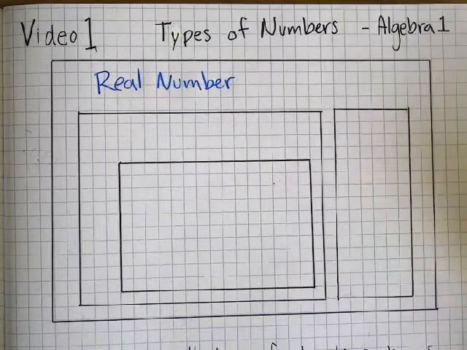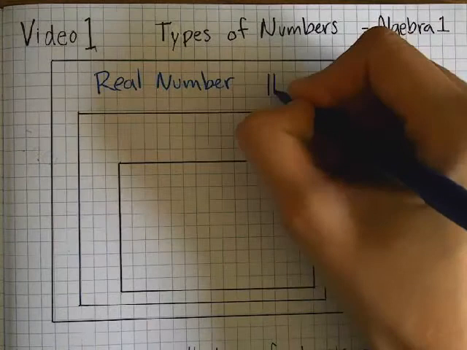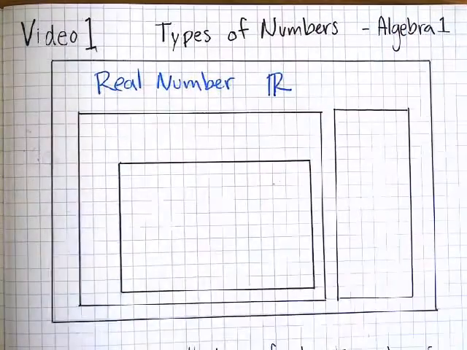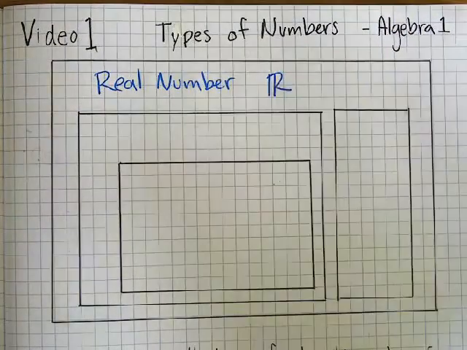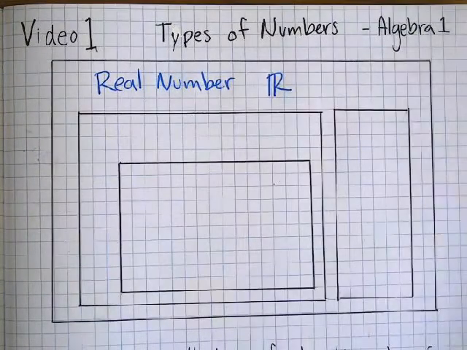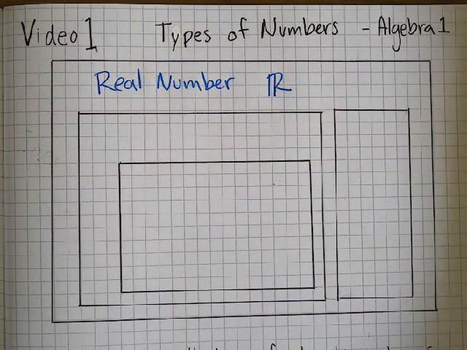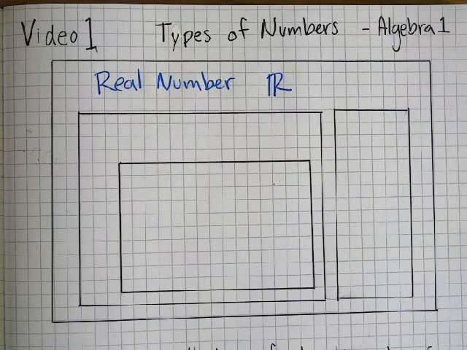And the symbol for real numbers is, I call it a double R, okay? And it means every single number that we can think of, okay? This excludes imaginary numbers, but most of you probably haven't heard about that, and that'll happen farther down the line, okay? So first we're looking at real numbers, and again, those are any types of numbers, okay? Numbers that you're probably most